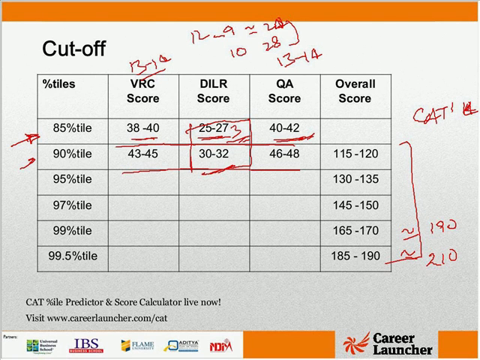But after that, you should definitely go to the score calculator and make sure you enter your entire details so that you can get your exact score, and based on that, we'll be able to give you a much better estimate of your percentile. So don't forget to fill up the score calculator. Okay, back to Gautam.